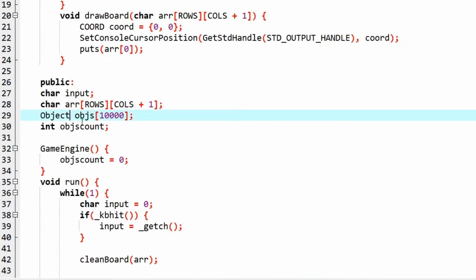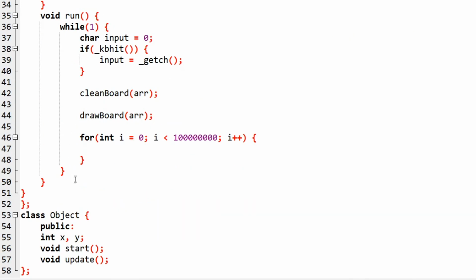Actually, I also want this to be an array of pointers. Why I want this to be an array of pointers, and I know some of you will not like pointers at all, but it is actually important that we use pointers here because it will help us in having our objects be coherent. It is actually generally just good to have an object with pointers here, trust me.